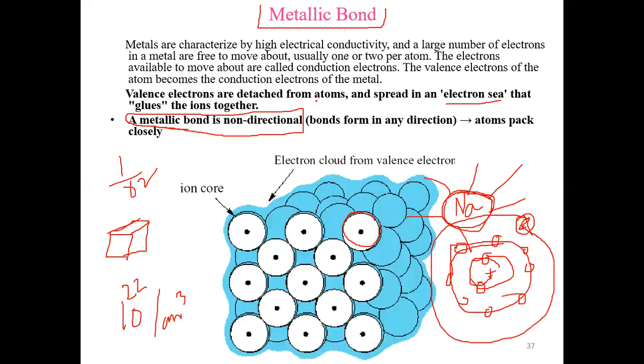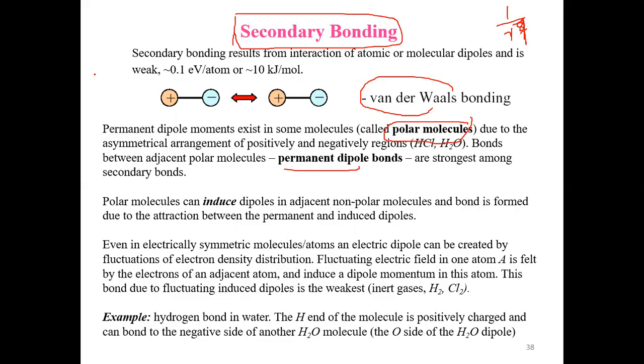Now, from our basic electrostatic knowledge, we know that when there is a charge, there will be an electric field surrounding that charge. You have studied this in your school or college level physics. When there is a charge, there is a field surrounding that charge. That field is called the electric field. And if you bring a charge, there will be a force on it. So that's the electric field.